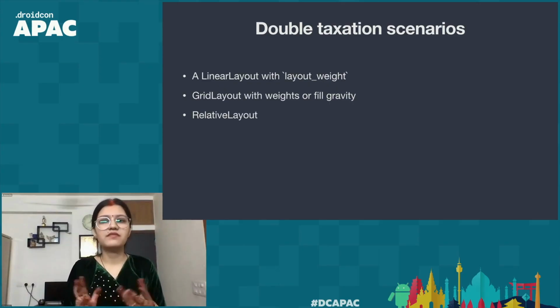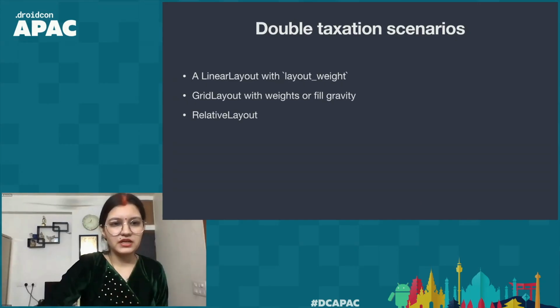So relative layout always leads to double taxation. Thus, we should avoid relative layout. With constraint layout, it's possible to omit relative layout completely.